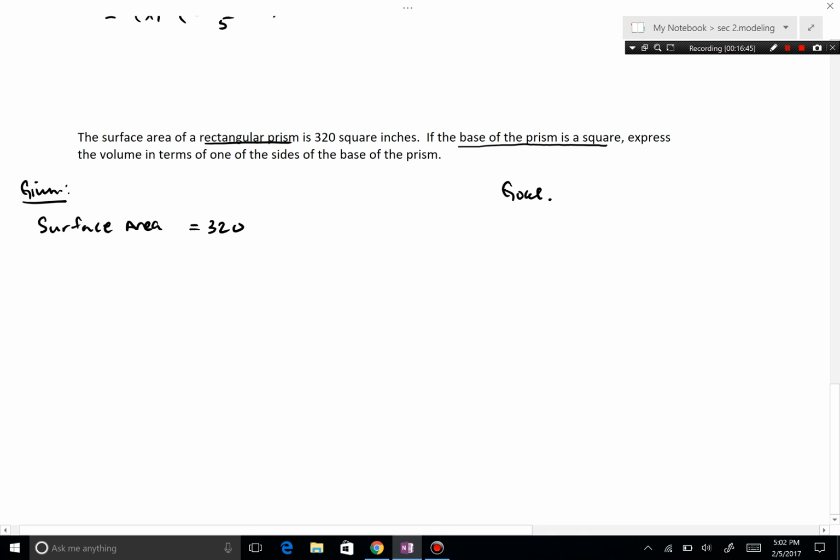So what does this mean? Okay, a rectangular prism is a box, guys. It's a rectangle. So it looks like this. I know you guys are used to triangular prisms, the one you saw in grade school where they would put light through it and a rainbow pops out, but it's a rectangular one. Okay. Now the next sentence, it says the base is a square. So my picture is totally trash now